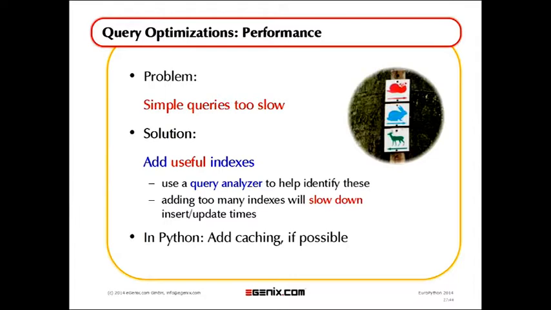And so you should really only put indexes on columns or on combinations of columns that you actually need in the database. And the best way to find out which tables and which columns you have to index is to use a query analyzer. The database usually offers a way to get the information about how a query is run in the database. You have a look at that, you analyze the data, and then you check which indexes you should put on the database, and it'll increase the performance enormously.